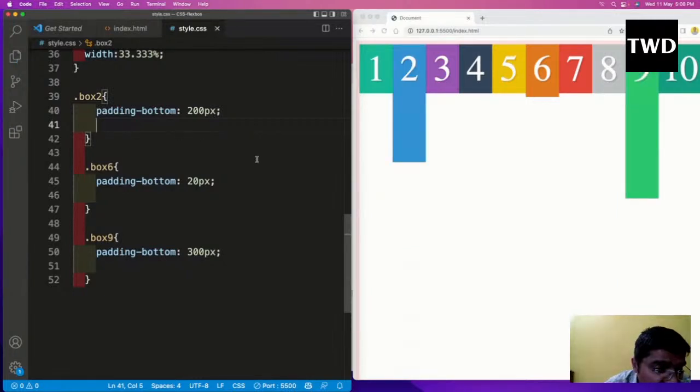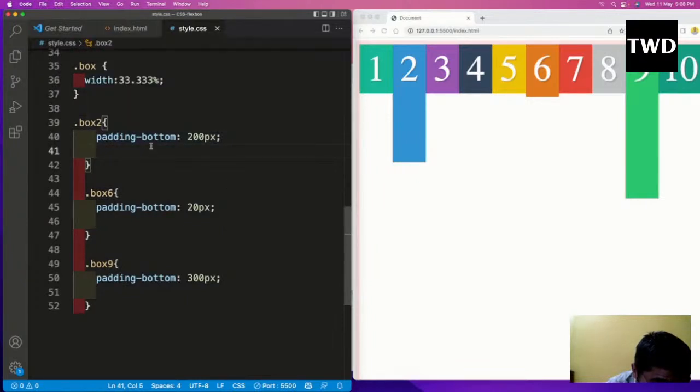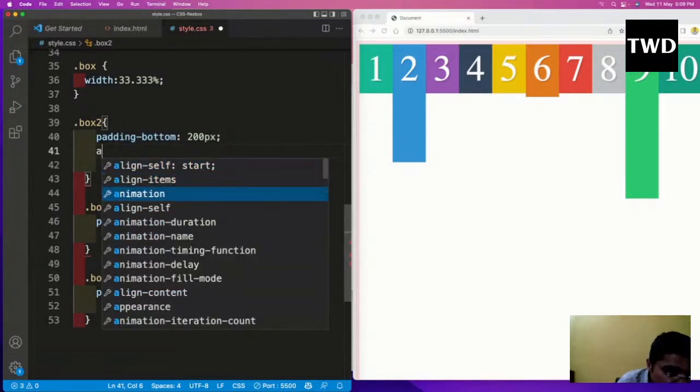So as you all can see, I have given the padding bottom of 200 px extra to item number 2, 20 px to item number 6, and 300 px to item number 9. So this is a very important property of CSS Flexbox, which will override the entire alignment that we have learned till now along the cross axis for an individual item, which is called the align self property. Here you can align self